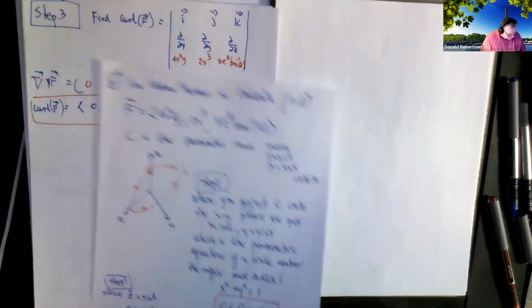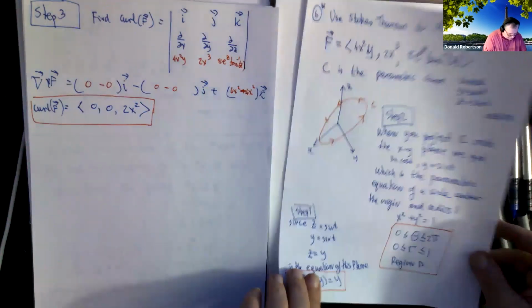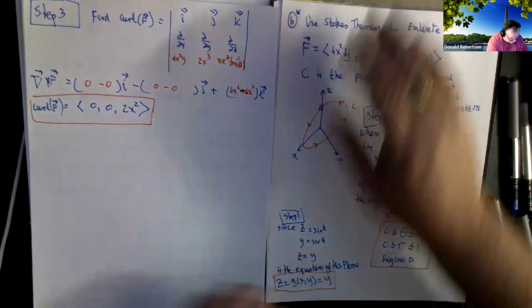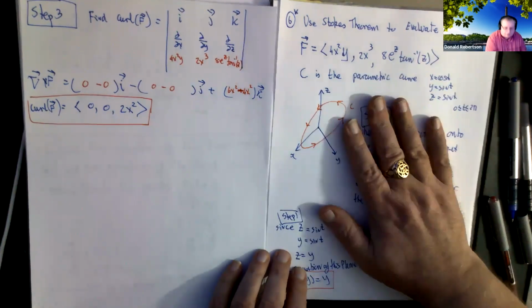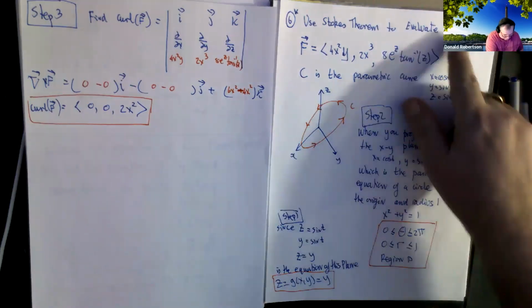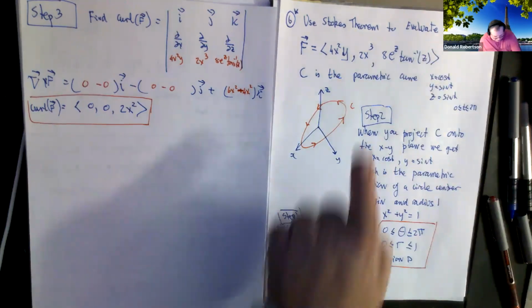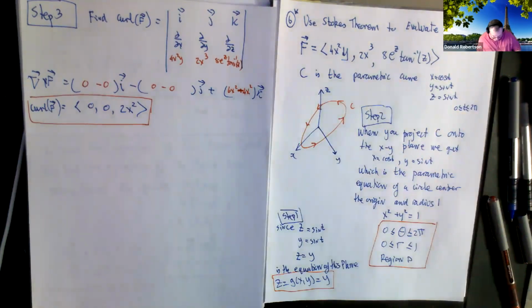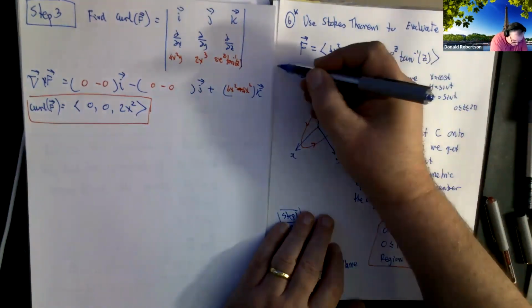Question 5, I skipped. It's very similar. Now moving on to number 6. And we're going to use Stokes' theorem, as always, to get this fella. Here is your vector field. And this one